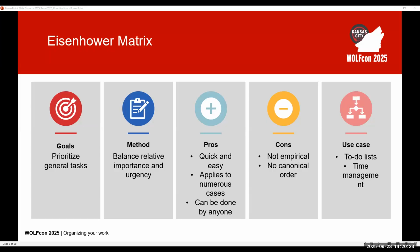It is not specific to software development or product development, but it is great for just, what am I going to do? And as I said, the method there is you're looking at the things that are on your to-do list, and you're separating them out based on relative importance and urgency. It's quick. It's applicable to a very great many use cases. Anyone can do it,